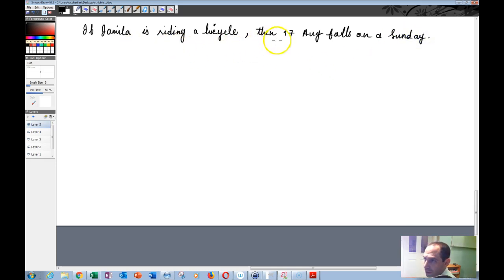Okay, so this statement, as you can see, is in the form P implies Q. All you need to do is identify P and Q,